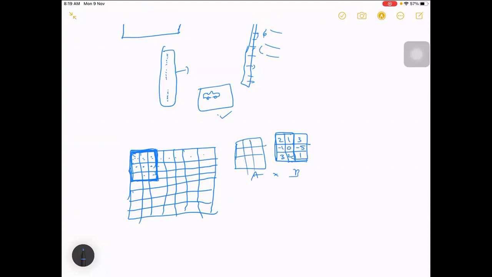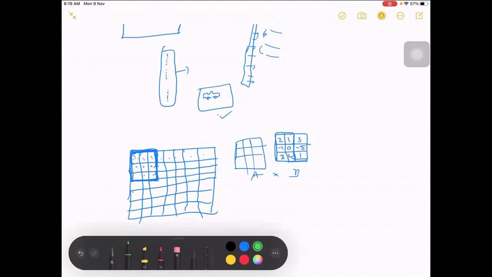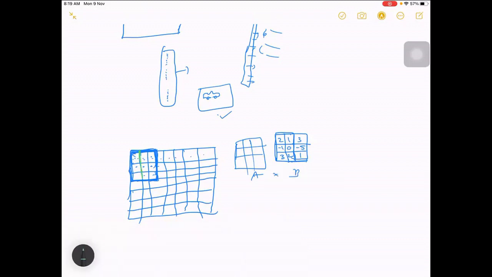Then we shift the window to the next position, which is your second shift, and that creates a new matrix, A1, this is A2, let's say.